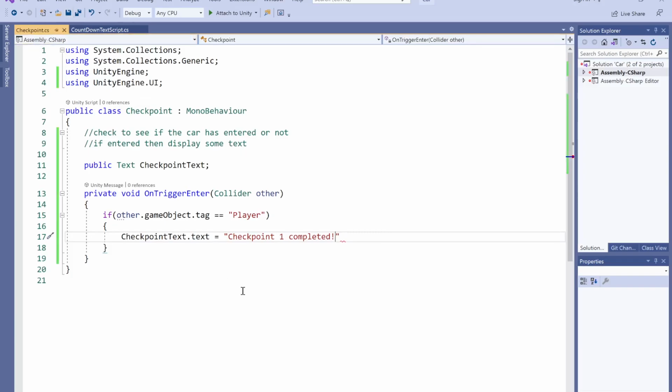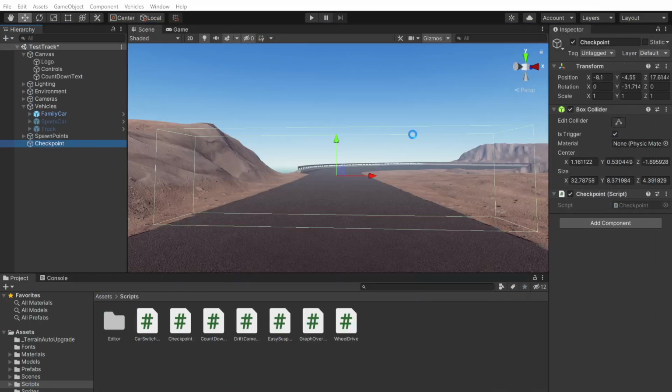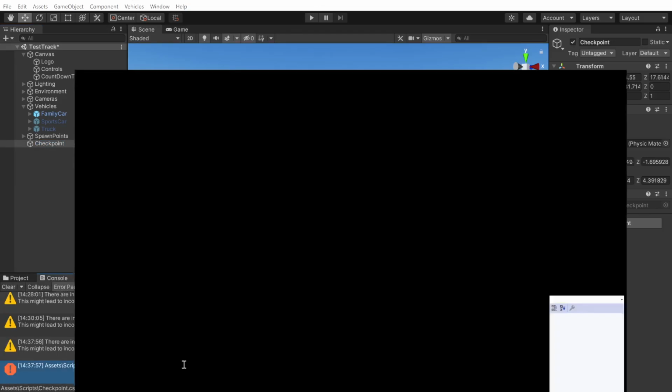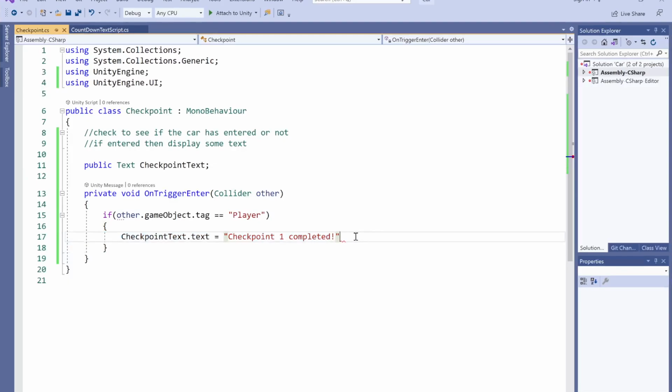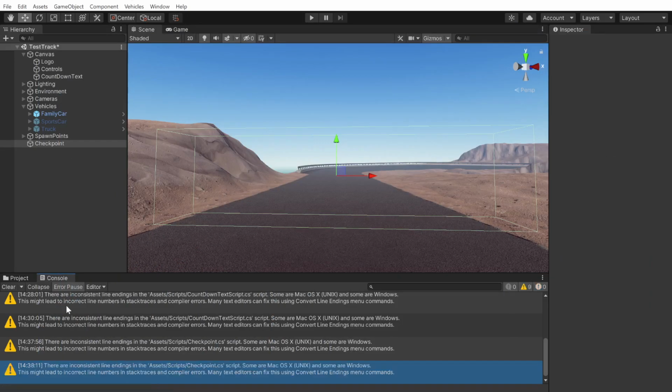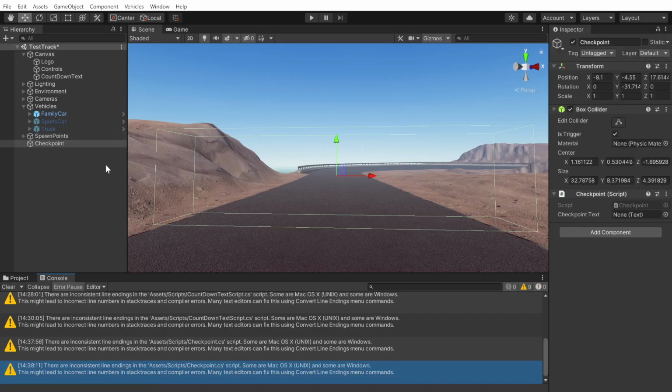Okay, so now let's go back to the Unity script. Let's see here. Oh, there's some error. Oh, yep, I forgot to put a semicolon here. So I save it, I go back, and after it reloads, you see there's a checkpoint,